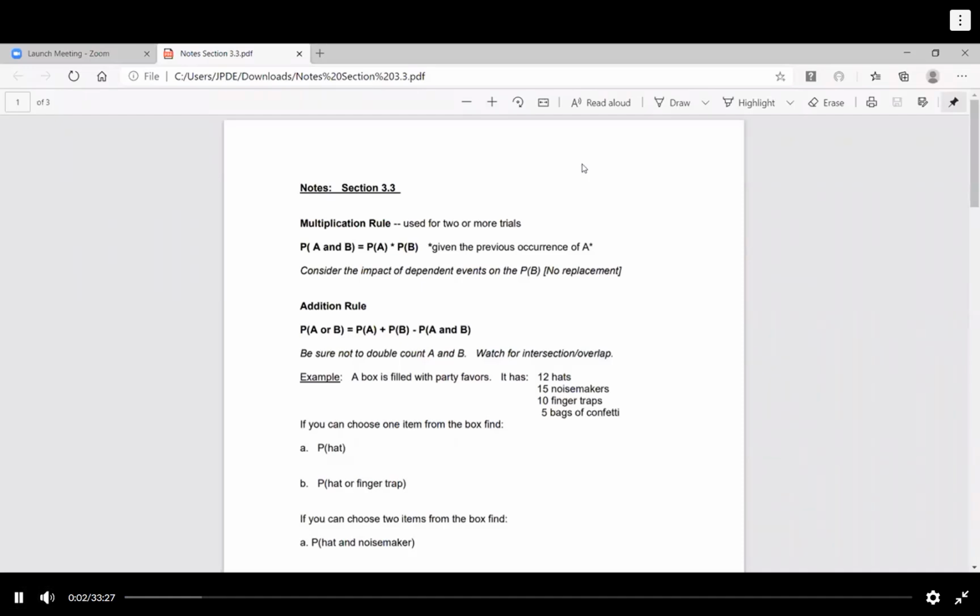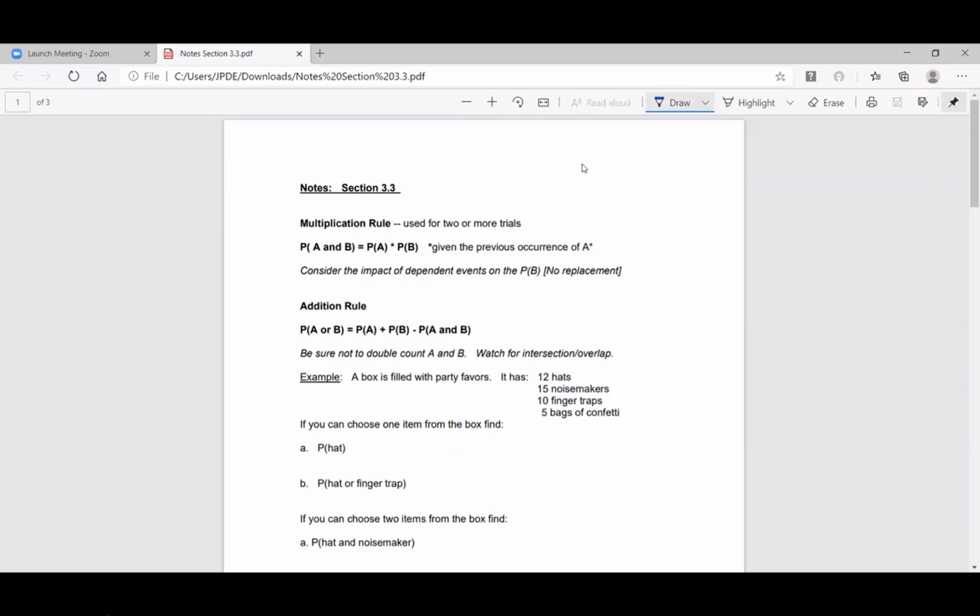Hi class, this is section 3.3 and we're going to be talking a little bit more about probability, the multiplication rule, the addition rule, and you're probably going to find this is a lot of review from the previous section. As I'm getting used to this book, I'm noticing some of what I was teaching you in 3.2 they continue into 3.3. So what's going to be really good about that is it's going to give you a chance to